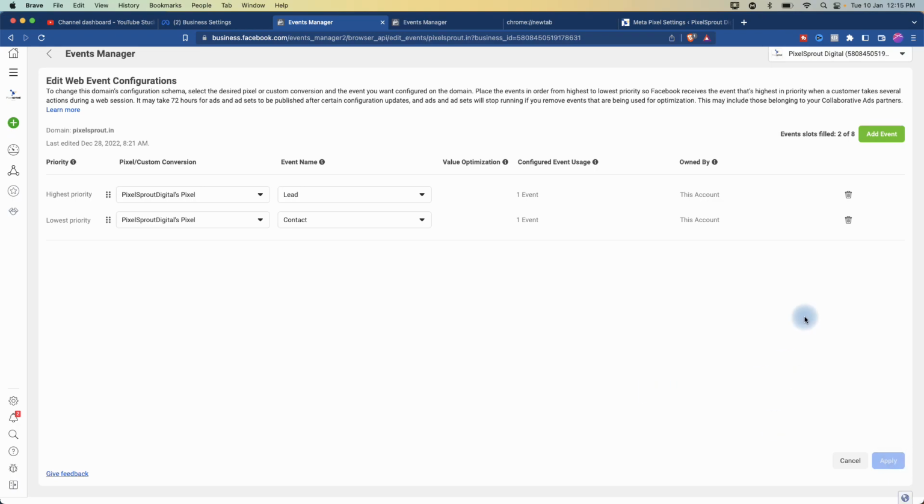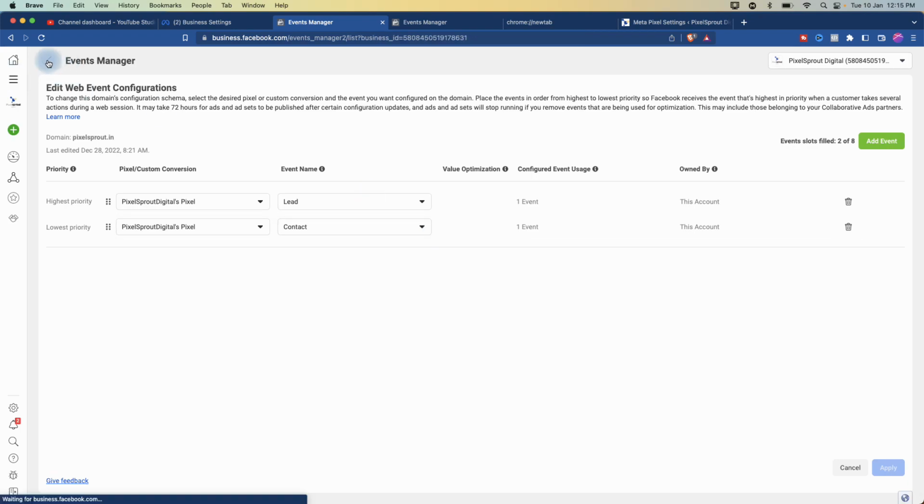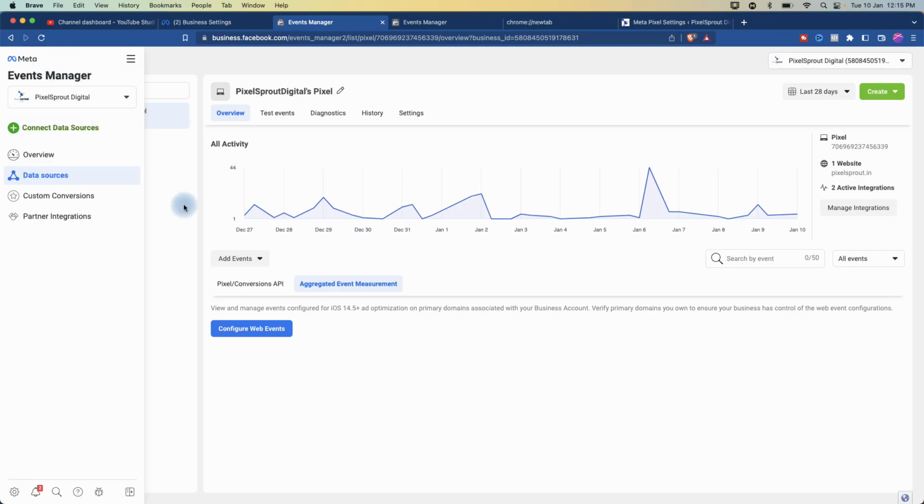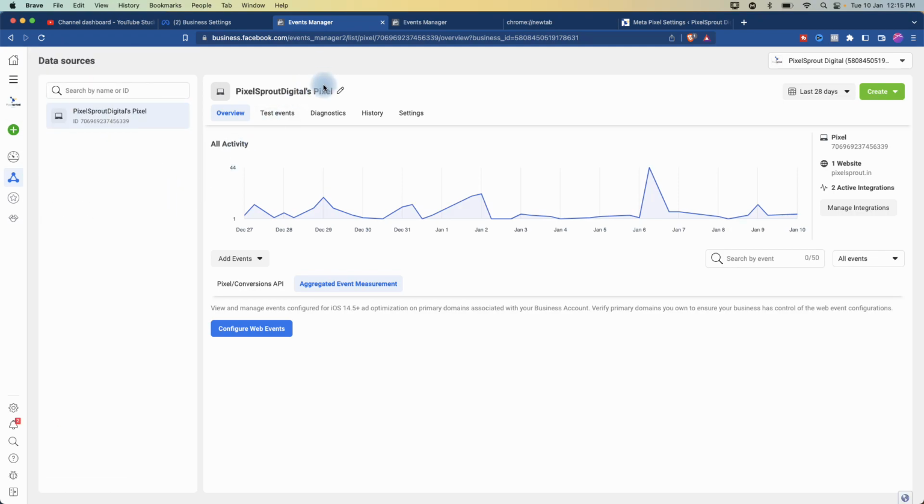ठीक है, now when you do that, when you come back, once your events have been applied, this little red mark will go off. यहाँ तक तो समझ में आ गया? रिफ्रेश कर दो, चला जाएगा। हाँ, यहाँ पे एक रेड मार्क रहेगा, because once the moment when you configure your web event, what happens is your pixel will start